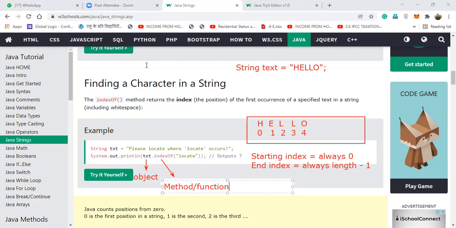It returns the value of the first occurrence, not length minus 1. It is written here: first occurrence. Now what is this within double quotation, whatever is written inside this bracket? It is a string.